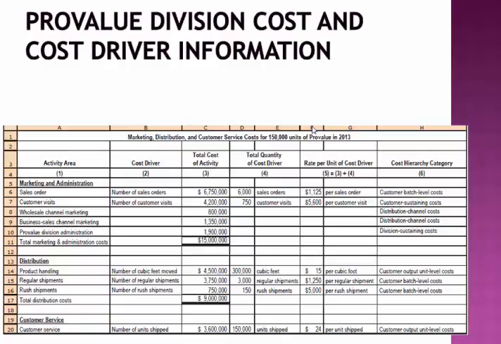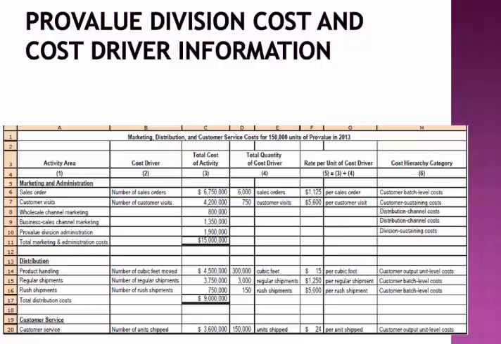Alright, so we're given the information from our period where we have broken down our marketing, distribution, and customer